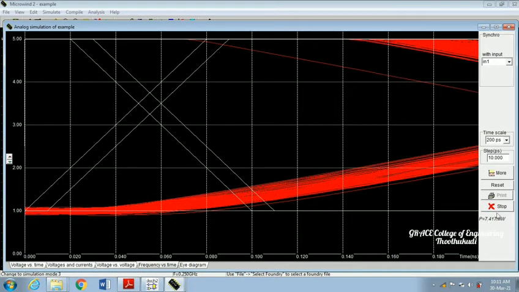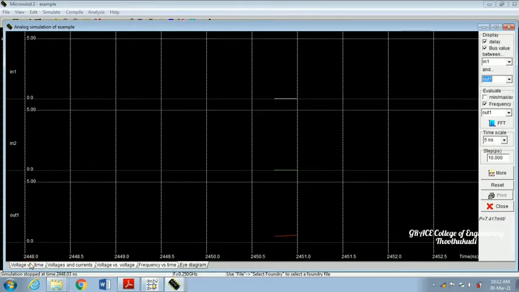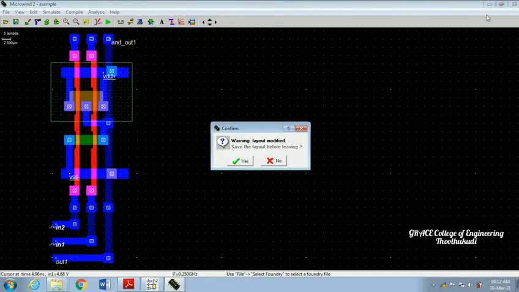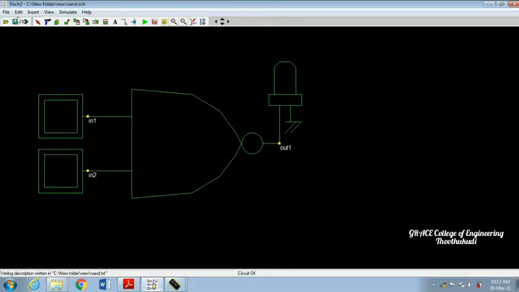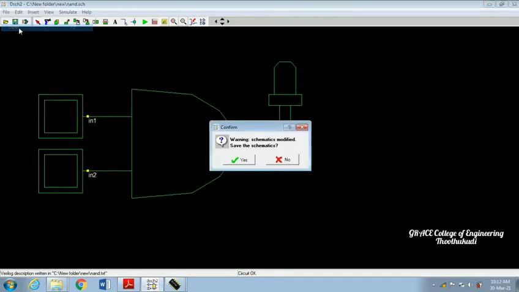Now we can also see the power dissipated. P is equal to 7.4774 millivolt. Here we can check the simulation time, 4.94. So the next thing we have to perform is our flip-flops. For that, which I have already drawn,